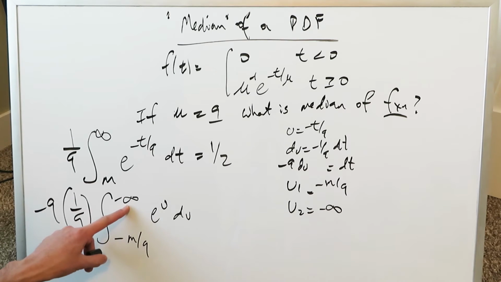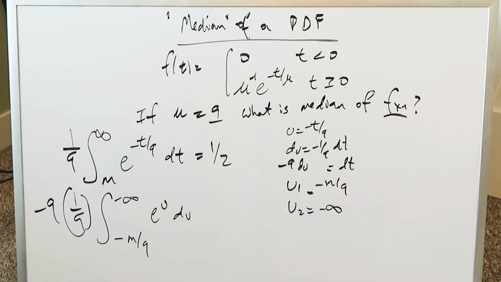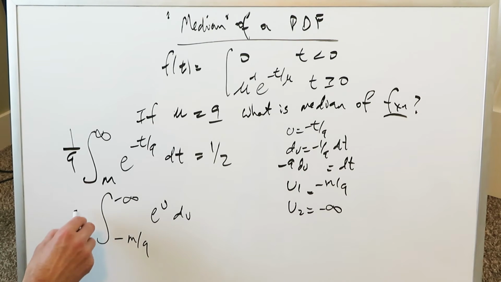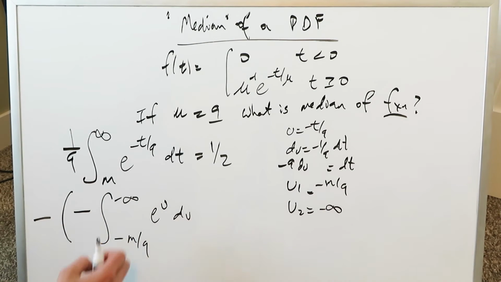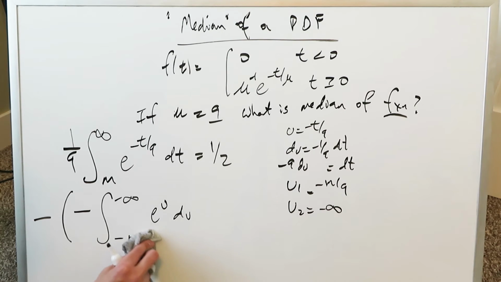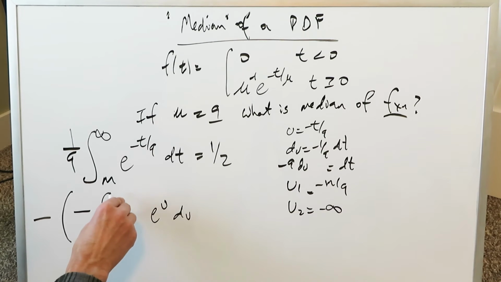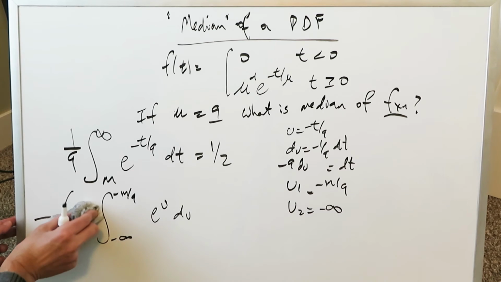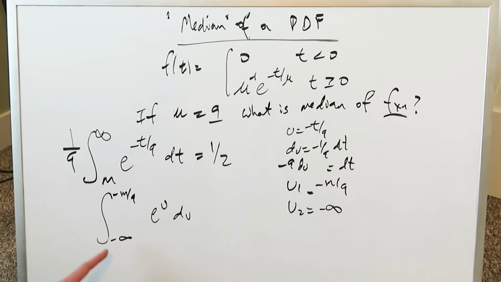We have a smaller number here in the upper limit, a larger number here in the lower limit. That's not very interesting. We have all of this coming out here, which is equal to a minus 1. Minus 9 times 1 over 9 is a minus 1. If we bring in another minus, we can flip these intervals around, and you know that's a good property of definite integrals. So we can flip all of this around and bring the minus m over 9 here, and bring the minus infinity down here, and by means of this minus minus cancels out. So this is what we're left with: minus infinity up to minus m over 9, e to the u du,